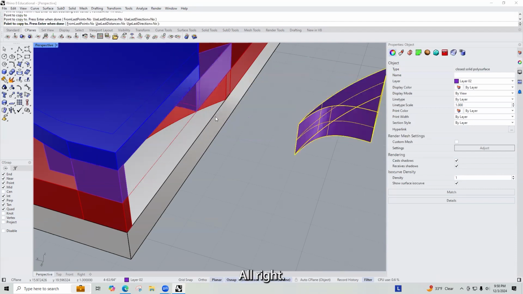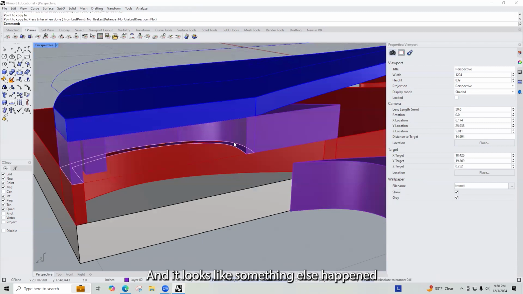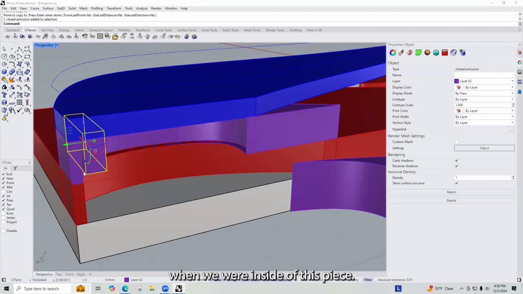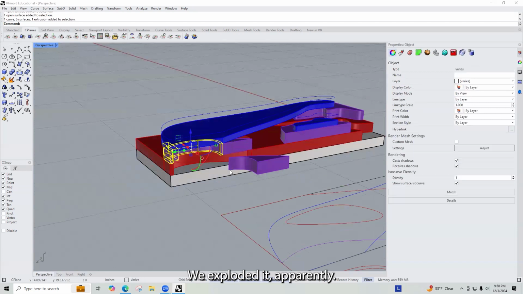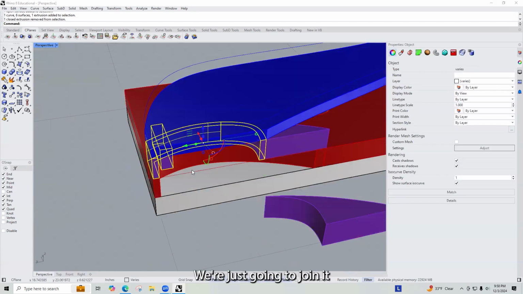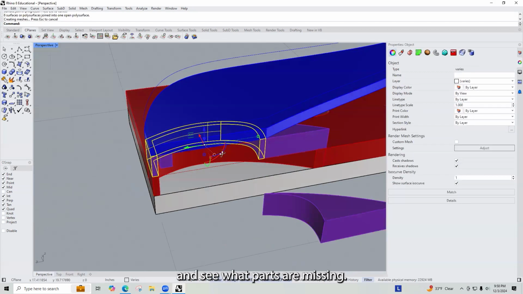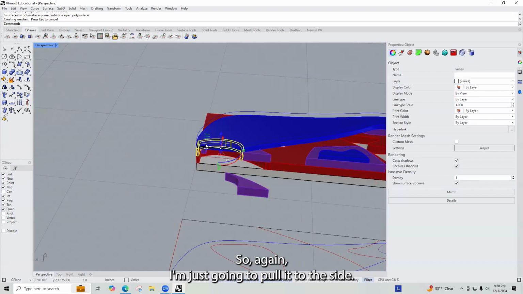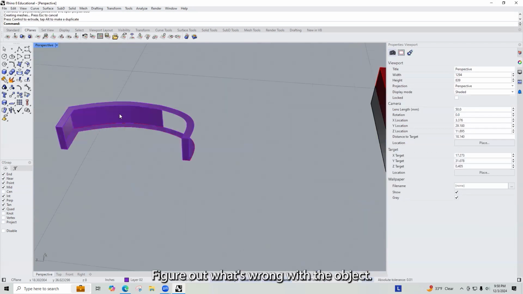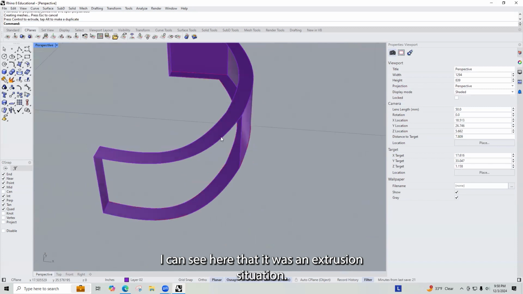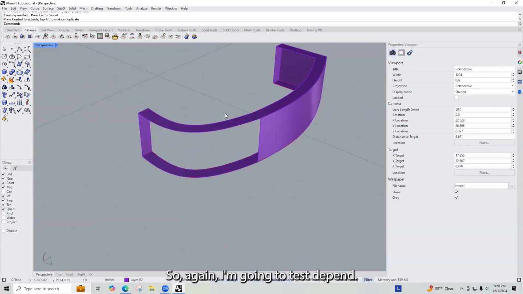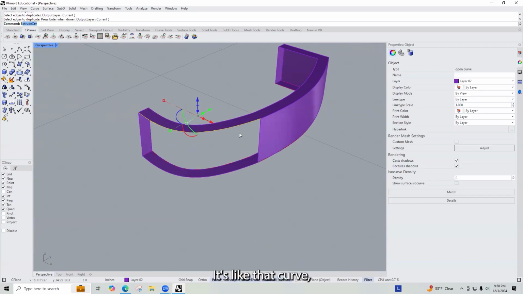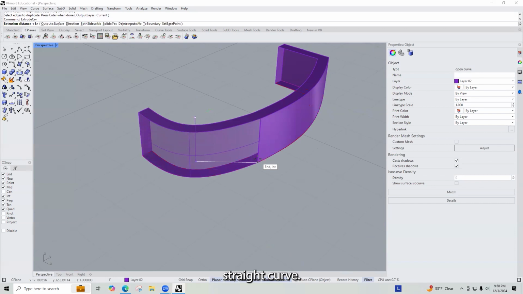All right, and it looks like something else happened when we were inside of this piece. We exploded it apparently, and that is okay. We're just going to join it and see what parts are missing. So again, I'm just going to pull it to the side, figure out what's wrong with the object. I can see here that it was an extrusion situation. So again, I'm going to just dupe edge, select that curve, extrude curve, bring it on down,